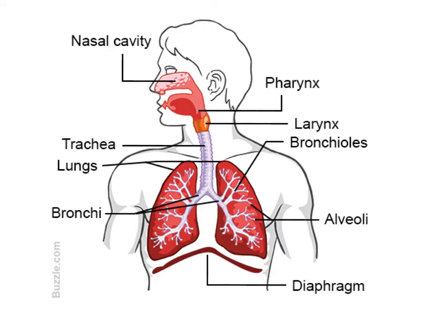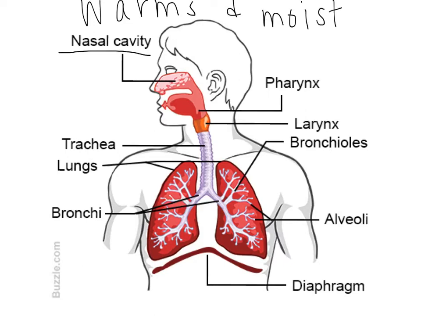So remember, when air comes in the nasal cavity, it warms and moistens the air. Okay, so warms and moistens. So remember the question on the review that says what happens to air as it enters the body. It gets warmed and moistened in the nasal cavity. Also, there are cilia, or little hairs in your nose that catch debris and pollen and things like that,